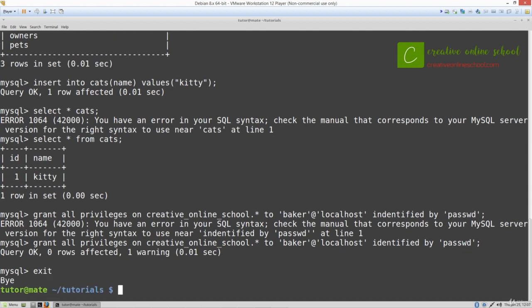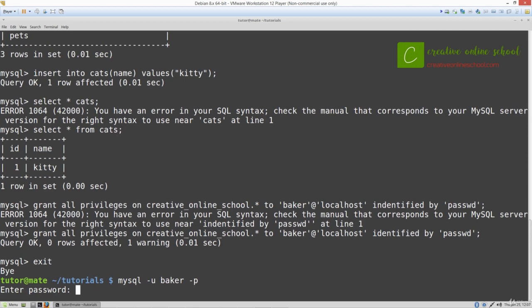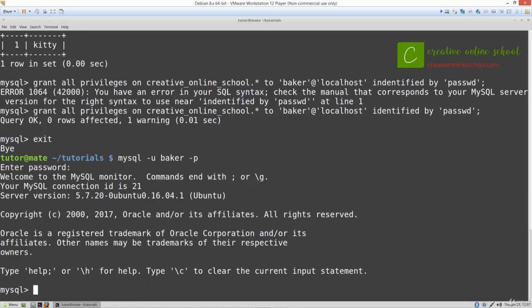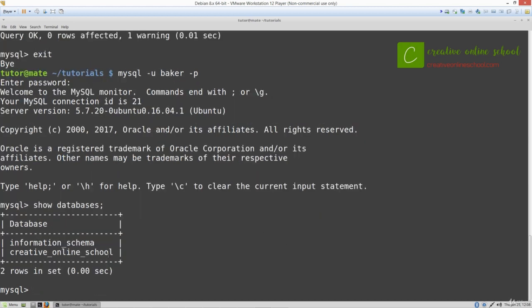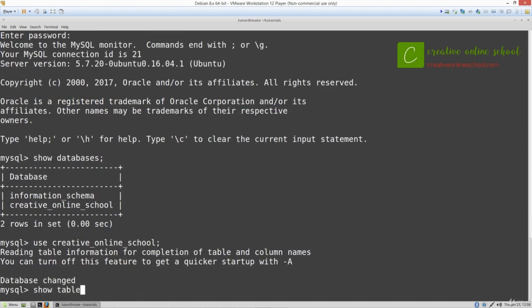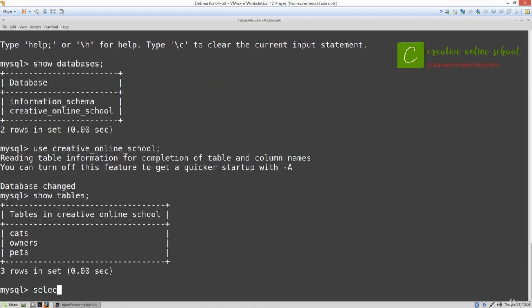So we can actually exit and log in as Baker now, using password PASSWD, use creative. So the first thing actually I should show you is show databases. If you noticed, we have less databases here because we are only granted access to the Creative Online School database. So we're going to use Creative Online School, then show tables. So you can see that we can do whatever we want here inside of the tables